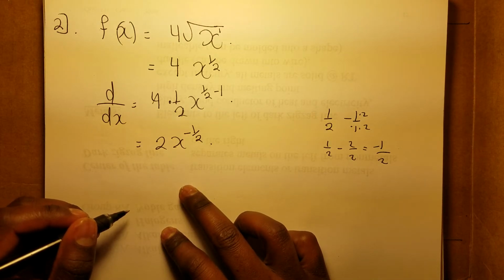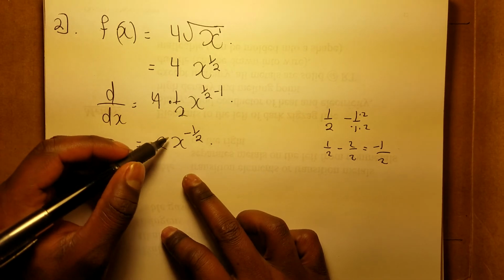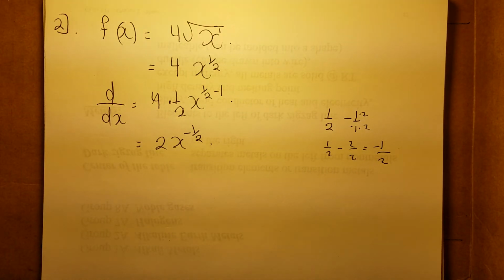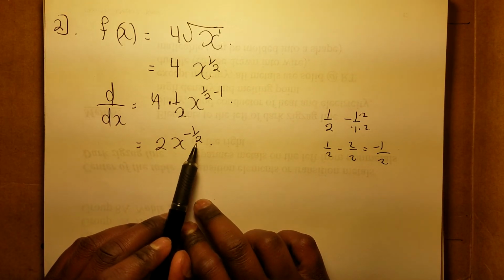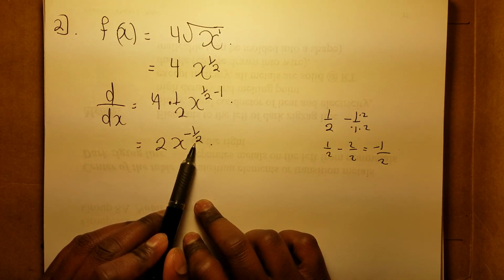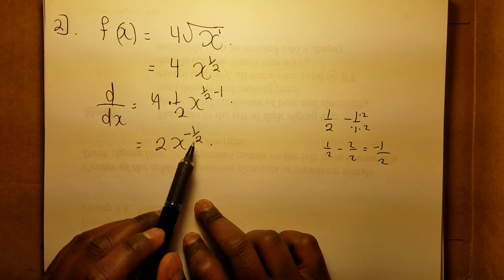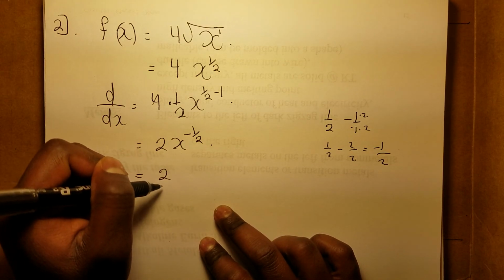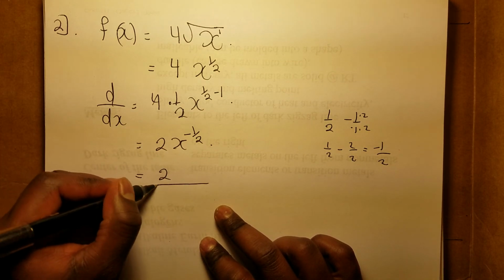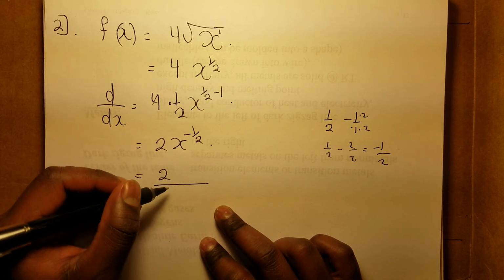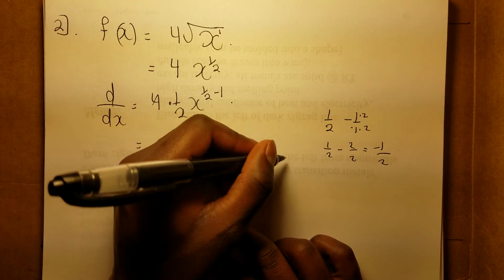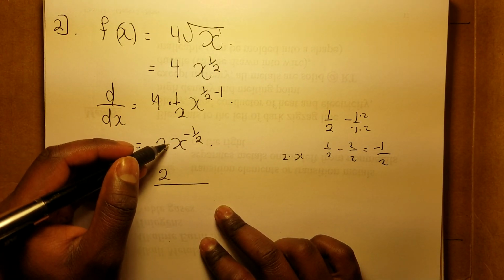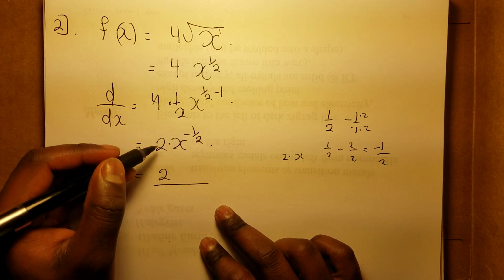So the answer is 2x to the minus a half. This answer is right, but if you don't want to make the power negative, because it's harder to work with a negative power, you could also rewrite it. This whole thing is connected, you can't just bring along the half. You could leave the 2 on top and bring the x to the bottom, because this can be 2 times 1 over x to the half. So you can separate that if you want. This is like 2 times 1 over x. So you bring the x